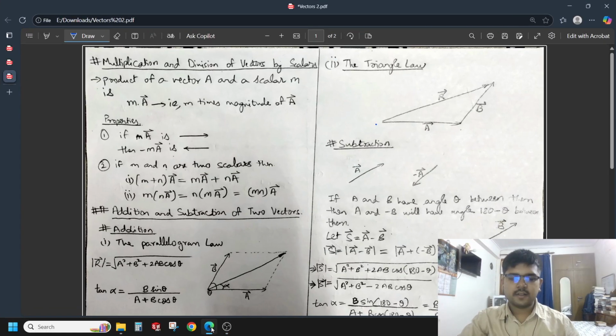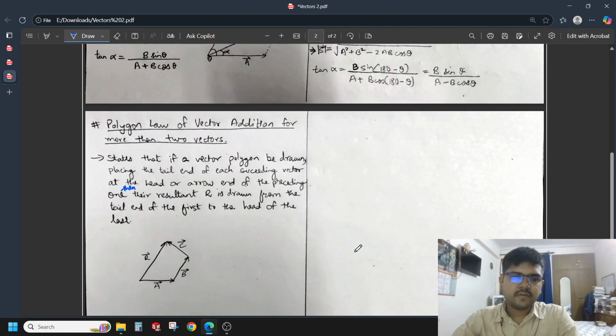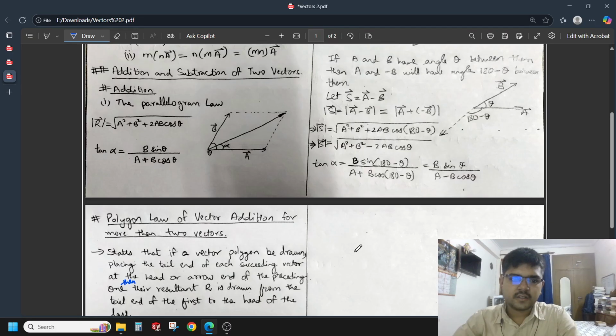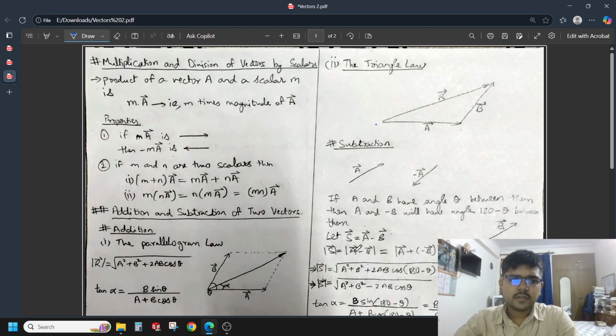In today's class, we will study addition and subtraction of two vectors and the polygon law of vector addition for more than two vectors. So the first topic that we are going to start today with is multiplication and division of